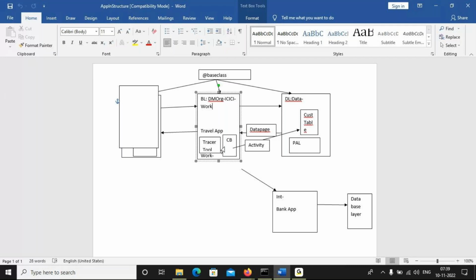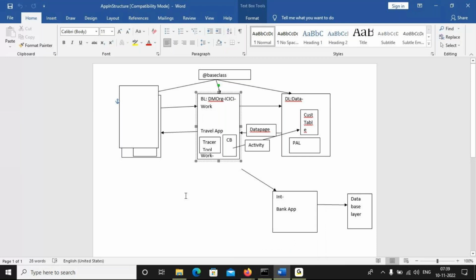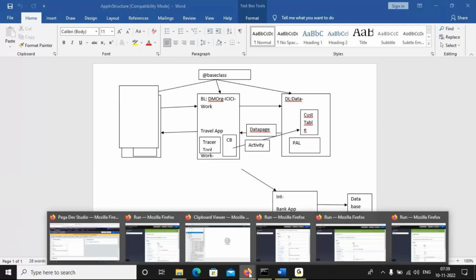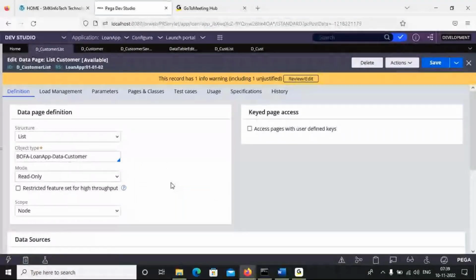How can you copy from the clipboard to here? For that they introduced one of the great rules, the data transform rule. Very important. Data transform rule within the business logic layer.